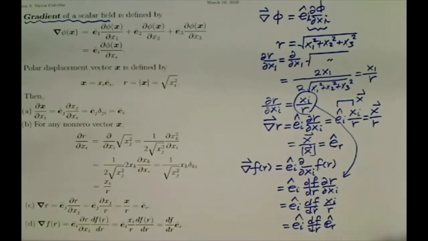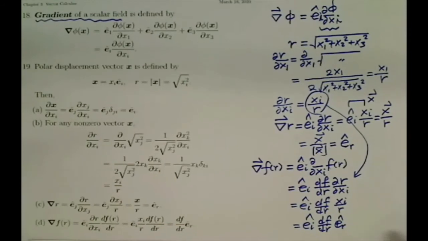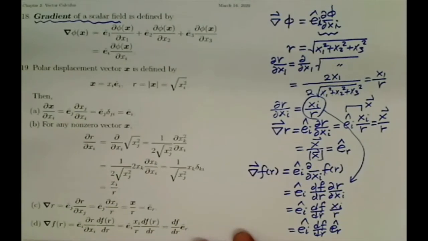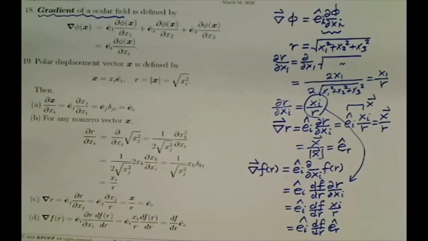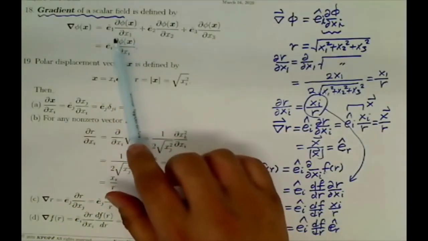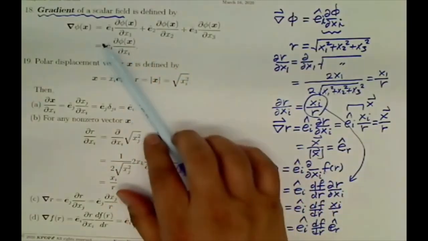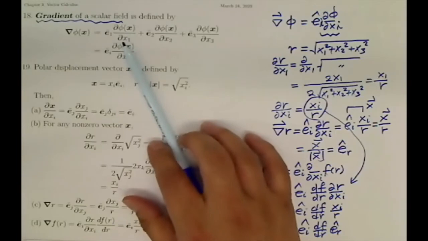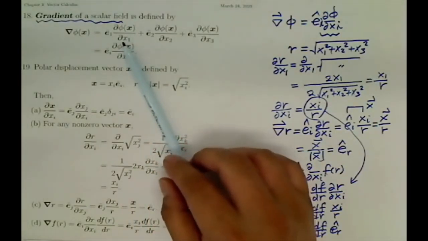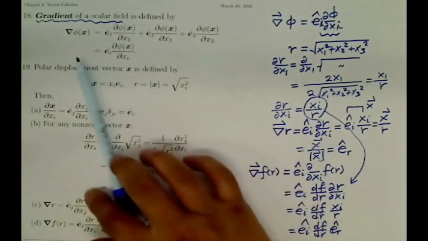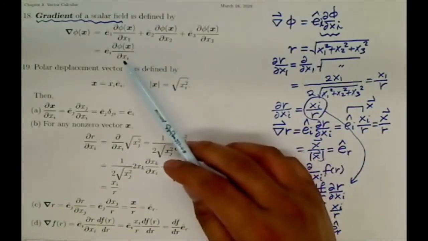Next, we consider the gradient operator. A gradient operator can be applied to many cases, but in case it is applied to a scalar function, we obtain a vector field. The gradient of phi is defined as a linear combination of three vectors, and each Cartesian component of that gradient is the partial derivative of the scalar field with respect to that coordinate. So e1 hat